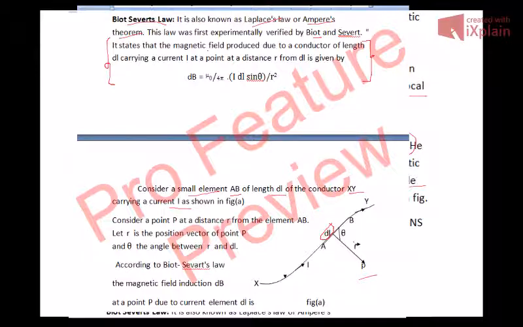According to Biot-Savart law, the magnetic field induction dB is the magnetic field due to this small element dl. It is not the magnetic field due to the entire wire XY, but due to the wire of length dl. The magnetic field dB at a point P, due to current element dl, is given by